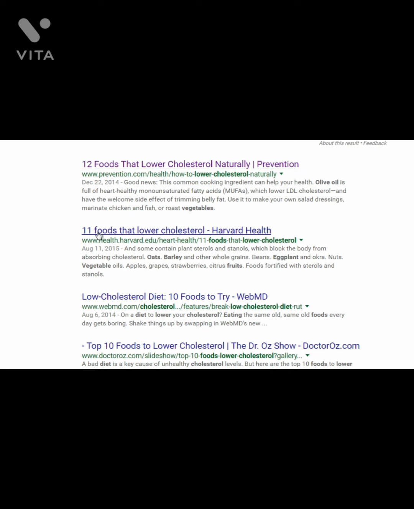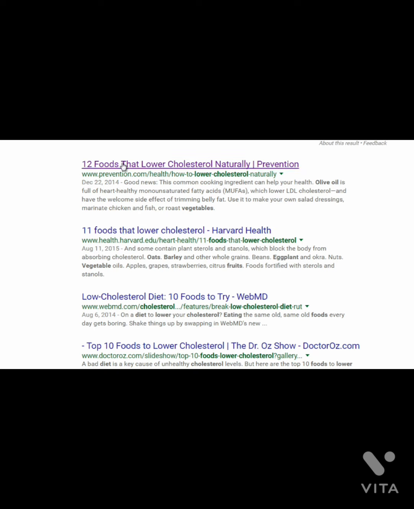And you'll notice a lot of articles are moving more towards 12 things or top 10 things that lower your cholesterol, or top 10 different types of cardiovascular exercises that allow you to lower your cholesterol, or even top 10 foods that you can still eat that are tasty that can lower your cholesterol.